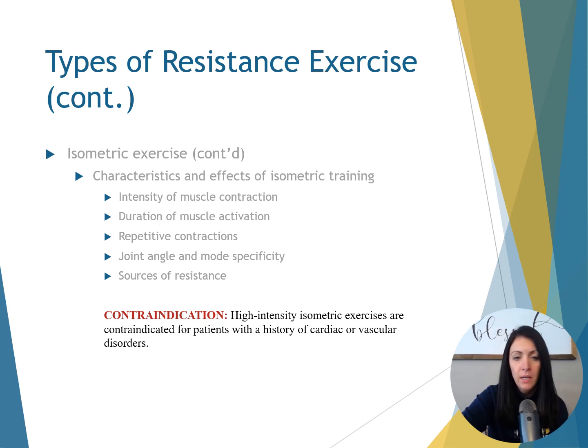So intensity of exercise, that's really going to depend on which joint and position and the greatest amount of isometric force generated at the joint angle, where maximum actin and myosin protein overlap with that cross bridge formation. So an intensity of at least 60% is needed to improve strength, but it needs to be pain-free. This is all talk about isometrics, but once isometric strength has been achieved, you need to progress with resistance or increase with different angles to overload the muscle once the isometrics become too easy.